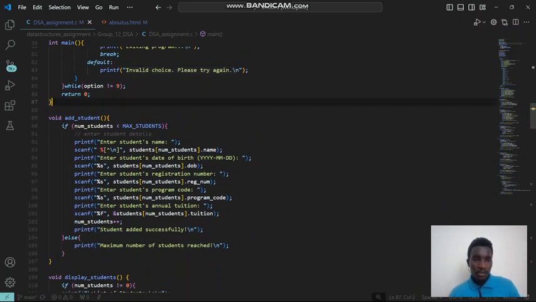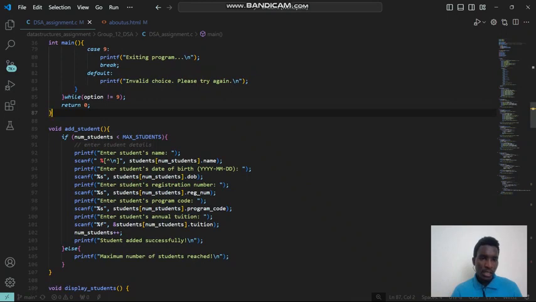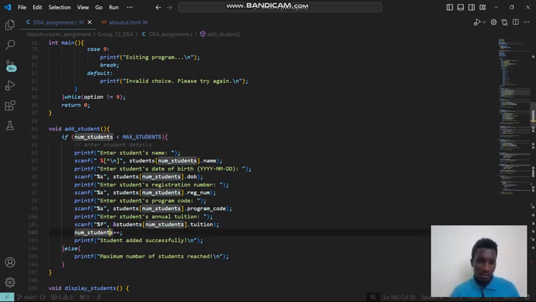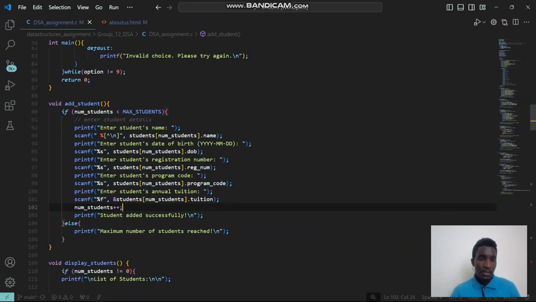Then, now we start with the functions. So for adding a student, since we already told you that the maximum number of students is 100, it's going to check that if the number of students is less than 100, then it's going to prompt you to enter the name, date of birth, registration number, program code, and tuition. Then it will add the student's data to the list with this ++ operation. Then it will tell you student added successfully. Or else, if there are more than the maximum number of students, it will tell you maximum number of